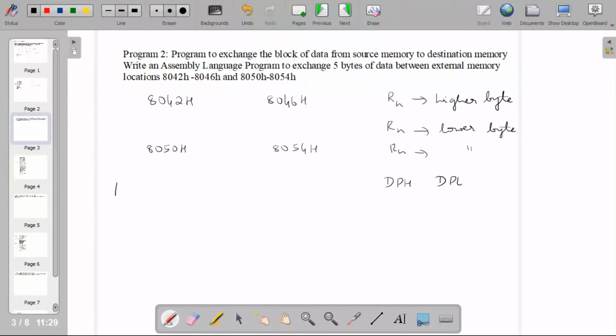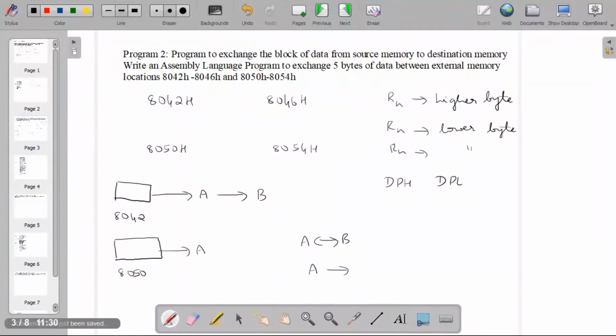First we'll access the content of 8042, move it to the accumulator, and then move it to register B. Then we'll access the content of 8050 and move it to A. Then we'll exchange the content of A and B. After that we'll move the content of A to 8050, then get the content of B into A and move the content of A to 8042.